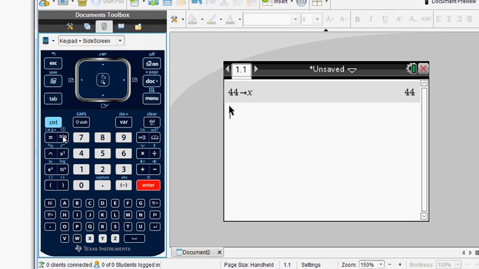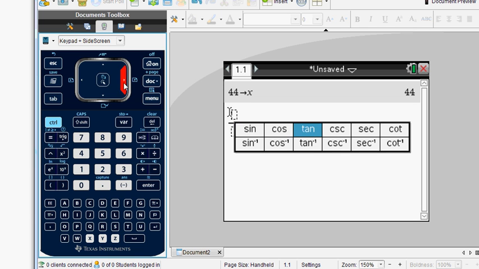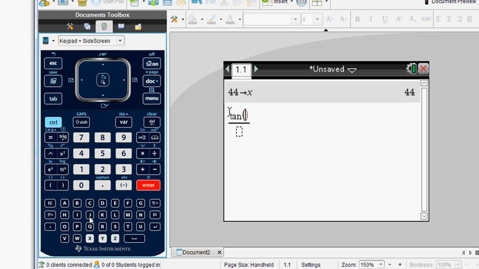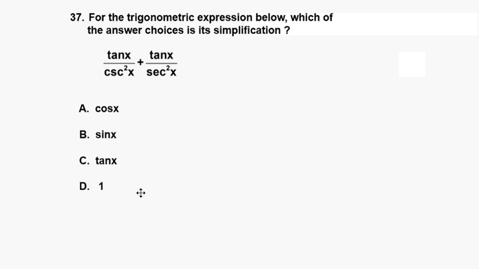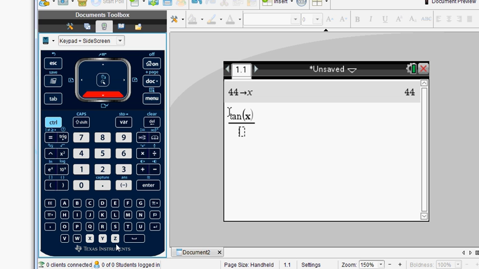Tangent x, I'm going to make a division here, and we have tangent x here. And now a key part. Let's go back to the problem. If we go back to our problem, we see cosecant squared x. What that really means is cosecant x, the whole thing squared. It's just the notation. So going back to our calculator, we're going to make an open parentheses down below,